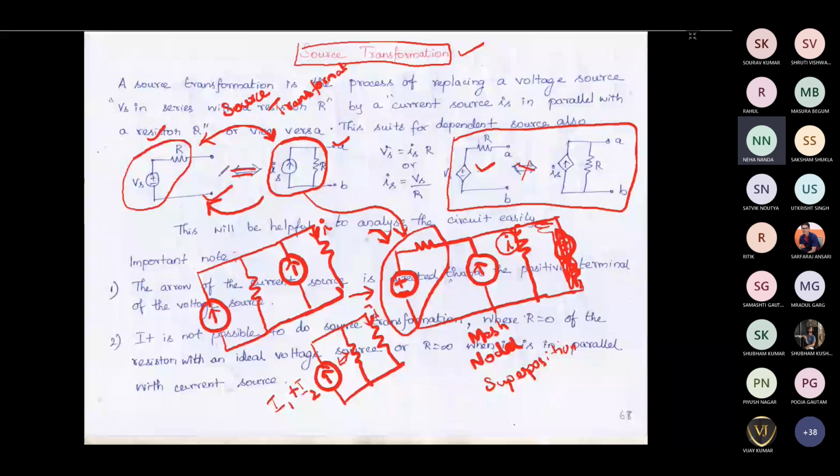If you have a voltage source like this and a resistor in series, how can you find the current magnitude of this? You know that I is nothing but V divided by R. So when we do the source transformation from this circuit to this circuit, this network to this network, this voltage source will be represented by its equivalent current. How do we represent it by the equivalent current? I is nothing but equal to V divided by R. This is the voltage and this is the R value.